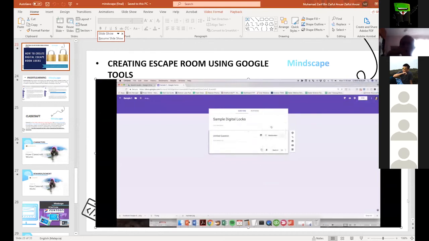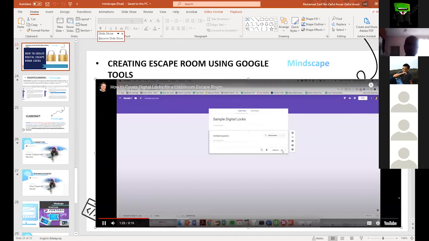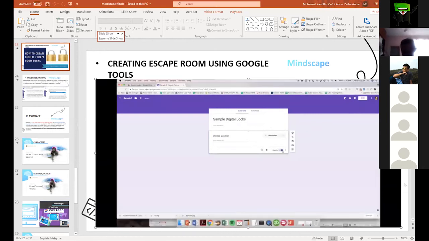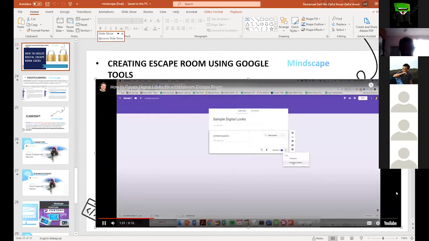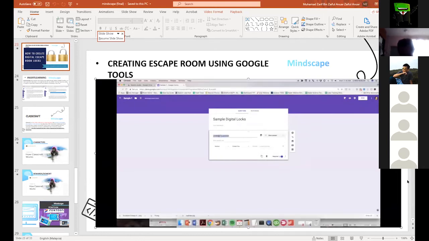So I'm going to choose short answer, and I'm going to make it a required question, which you'll always want to do. And I'm going to choose these three little ellipses right here and choose response validation. For the question itself, this is going to be for puzzle number 1, and it's going to be a 4-digit lock, or 4-digit code, no spaces.